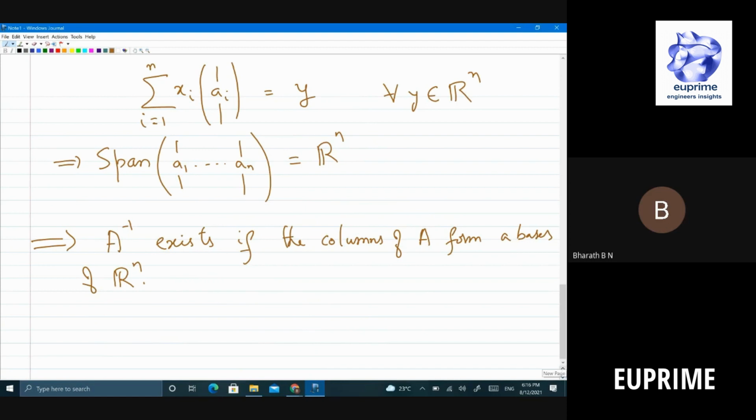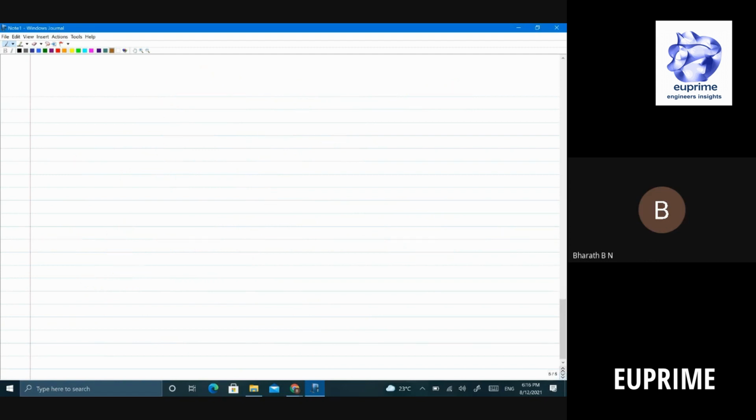So let's move on. This is about the inverse. We have one result about the inverse. Now the question is, how do you find the inverse? And how do you transform matrices in such a way that you get simpler matrices like diagonal or upper triangular and so on, so that I can solve these equations pretty easily? Those are the questions that we should answer. Before that, what we will do today is, at least some part of this class,